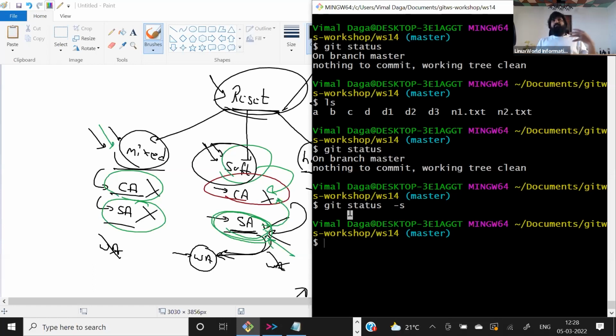Okay, and because we have the versions, multiple snapshots, multiple commit IDs, we can reset to any point in time, depending on how and what kind of reset you want to use. Accordingly, you can use it. That's one thing. But hard reset is very dangerous, but because of the internal management